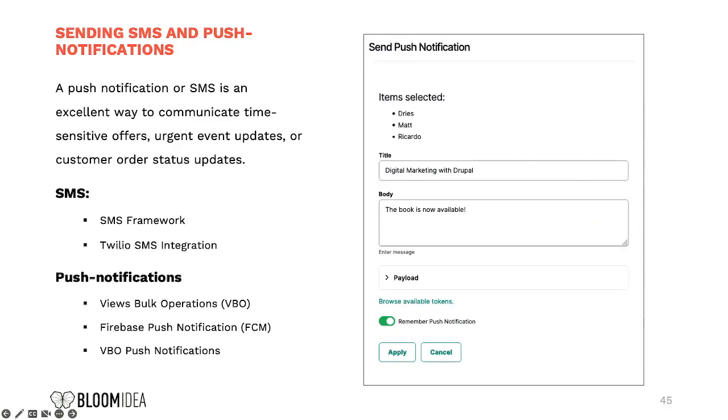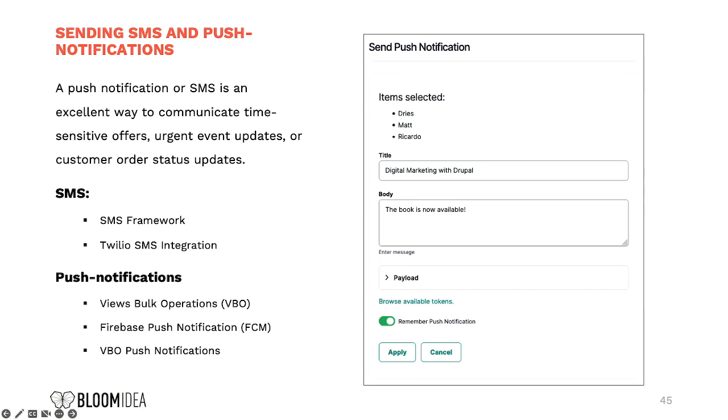Another common tactic is, whenever you do it, okay, so I'm finishing, it's like one or two more slides. You can send SMS and push notifications, okay? For SMS, you need the Message framework, and for this there is a big module, to really use the SMS framework to send SMS. This setup is kind of difficult. This is to send push notifications.